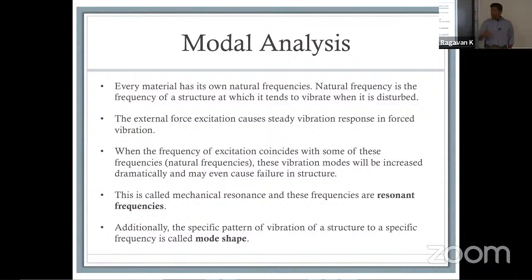That's not because of a physical wave, but I guess in a manner of speaking, it is, because you are sending out the specific frequency that resonates with the natural frequency of that specific material. So the external force of excitation creates a vibration force that then causes a forced vibration, and those excitation frequencies collide with some of the other frequencies, creating basically an addition and subtraction of the oscillations, and that mechanical resonance essentially gives you your resonant frequencies.